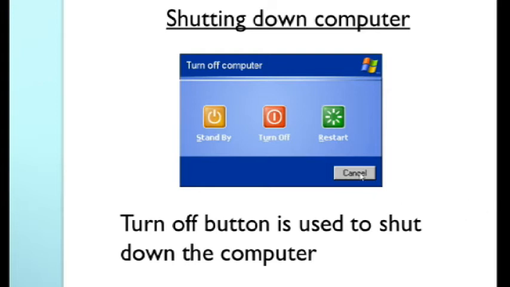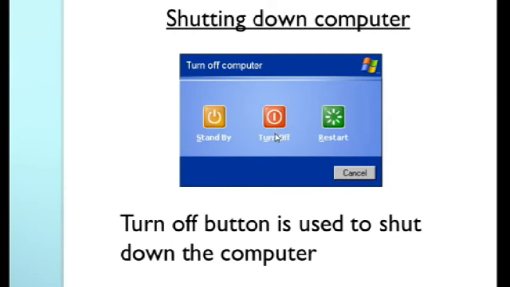And the turn off button is used to shut down the computer. Look at the picture. At the center you can see a red color button. This button is so familiar because in remote control and all other electronic devices, the power off, power on button is represented like this. This is called the turn off button, and this button is used to shut down the computer.